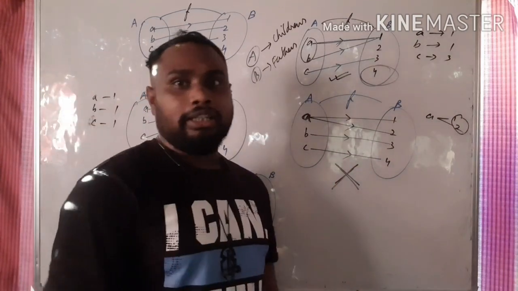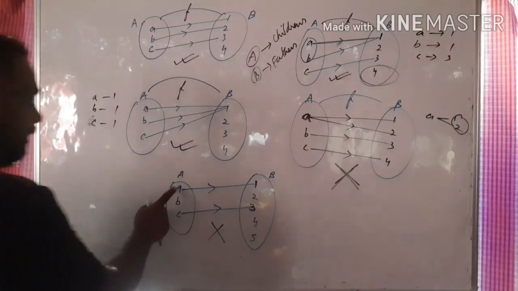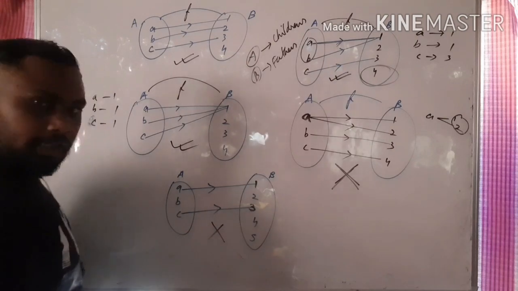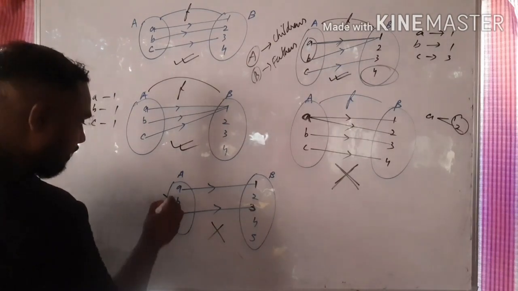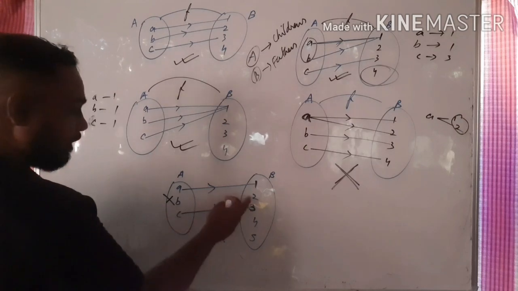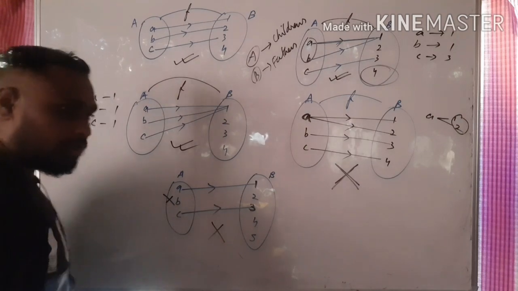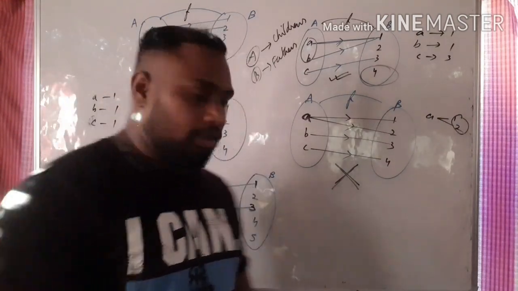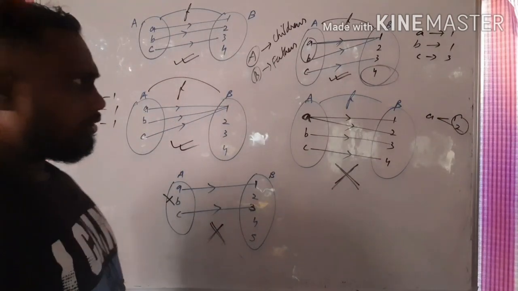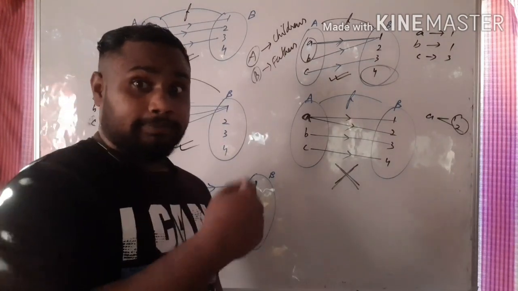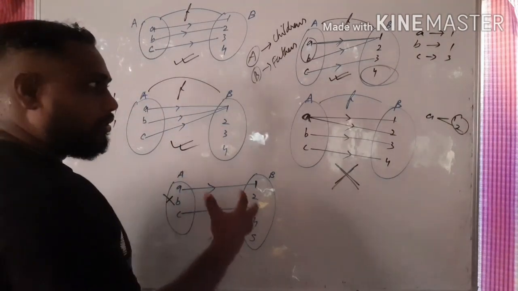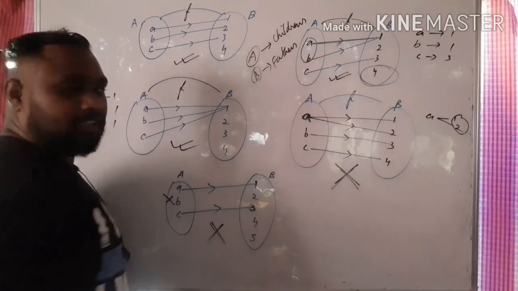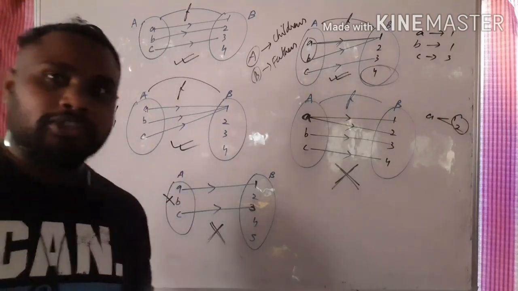We can think like that also. This child is having father 1. This child is having father 3. Okay. But there is a child who does not have a father. Is it possible? A child who doesn't have a biological father. It's not possible. So it is not a function. So in the second part of this, I have told you by taking examples, isn't it? Set of children, set of fathers, like that. Okay. Hope you have understood.